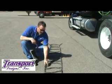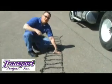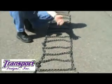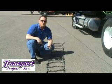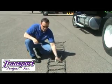Okay? Your binders, these things that can be tightened once we get the chain hung, have got to be on the outside of the wheel. Any other position, if you put it on the inside, it's not going to work. Obviously, you're not going to be able to get to it. The other big mistake that drivers make when chaining up is they lay them upside down. So in other words,